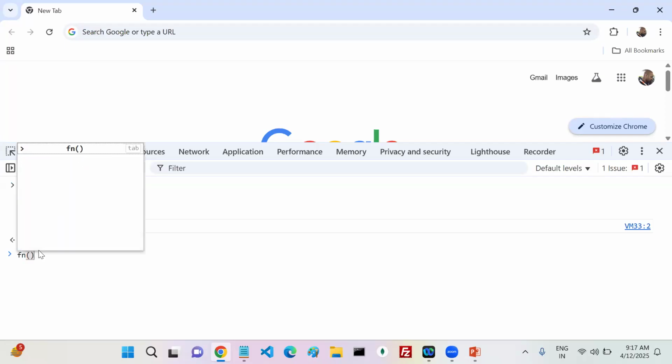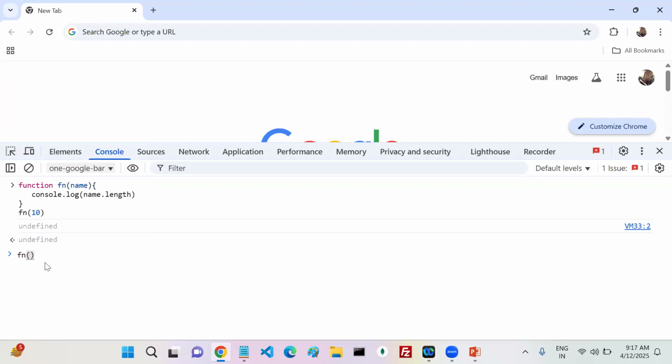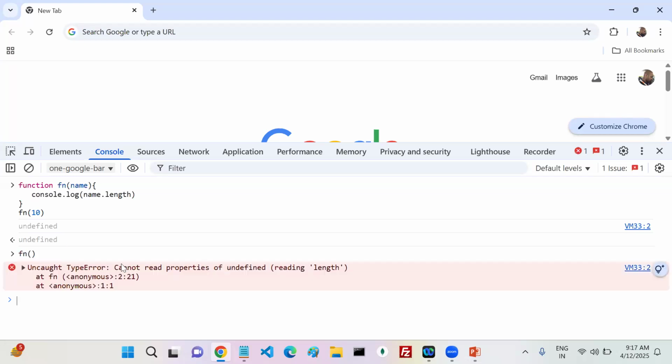Now if I write like this, no one alerts me either. This is expecting some value, but you have not passed it, and still no one alerts me. I thought whatever statement I wrote is correct. Now I execute, and it gives me an error.